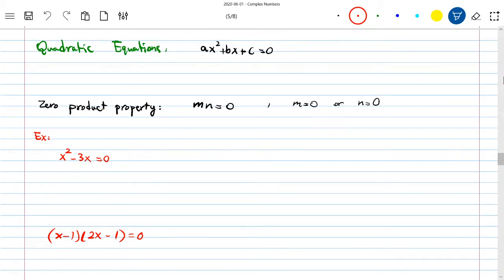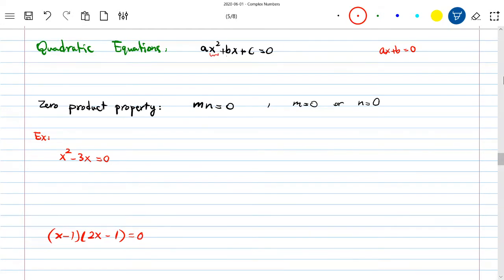Today we're going to talk about quadratic equations. So far we've talked about linear equations. A linear equation, if you remember, was ax plus b equals 0. This was a form of a linear equation. A quadratic equation, on the other hand, contains a second degree variable. So x to the power 2